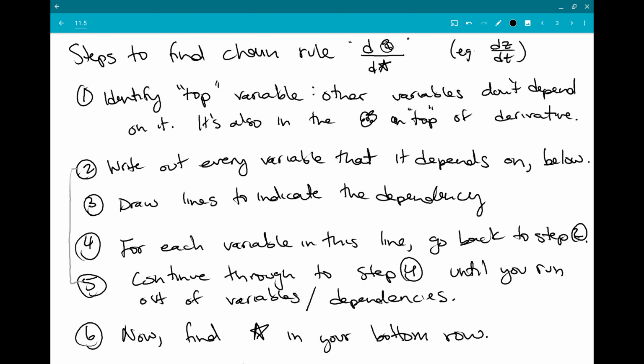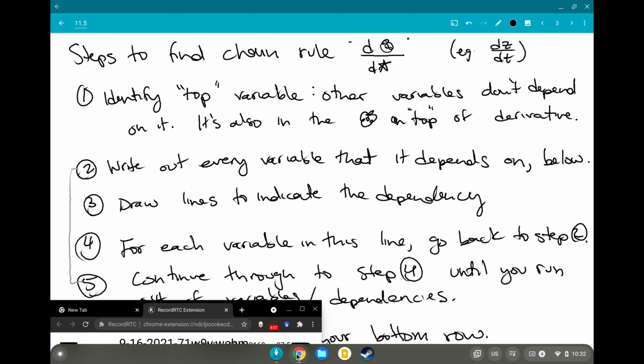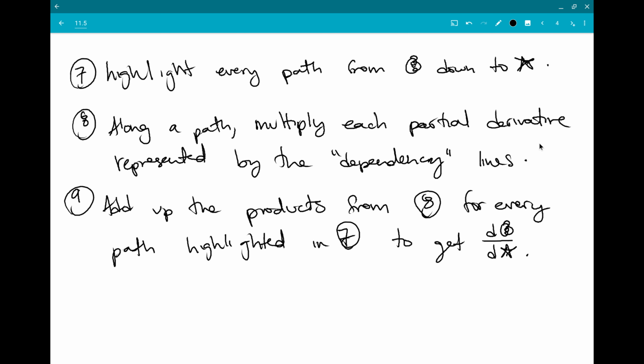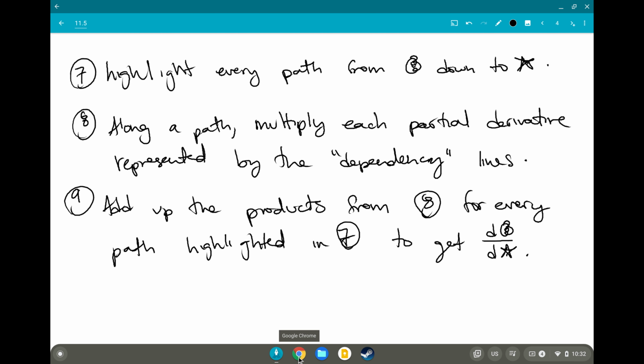And these steps can sound kind of complicated when I've written them all out this way, but I promise as we work through examples, you're going to see that this is actually pretty simple and intuitive, and it's a great chance to practice taking all these partial derivatives that I know we've been kind of learning for the first time recently. So we're going to work through just a lot of examples right